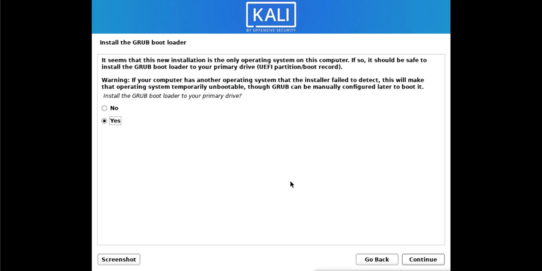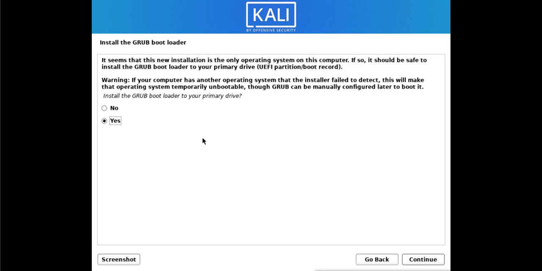Now next, it is asking us to install the bootloader. The bootloader helps you boot the system, boot the machine, and also gives you some advanced features for the booting option. If you don't select anything, if you don't say don't install the bootloader, it will install the normal bootloader, which is Lilo, but we can use the Grub bootloader also. Grub bootloader will give you some advanced features also.